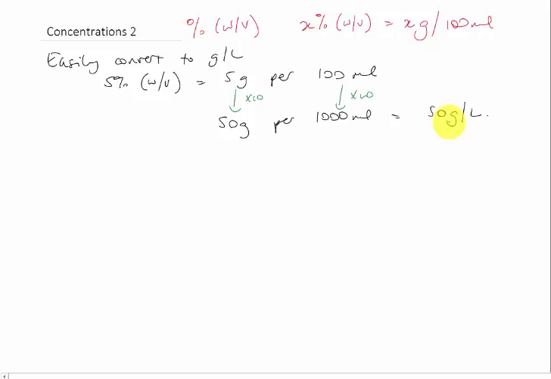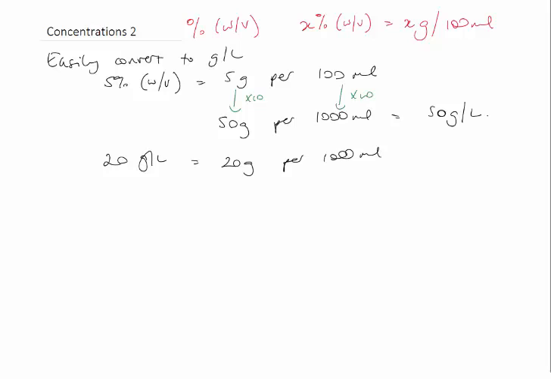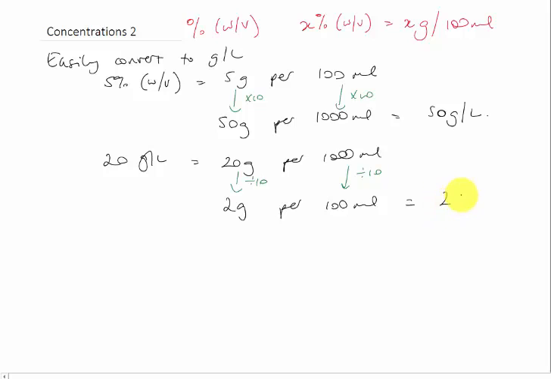Easy enough, I think. And the other way round, if we've got, for example, 20 grams per litre, that means there are 20 grams for every 1,000 millilitres. 1,000 mils in a litre. But if we want a percentage weight per volume, then we'd have to divide that by 10 to get to 100 mils, and then also divide this by 10. So that would give us 2 grams for every 100 mils, which would be 2%